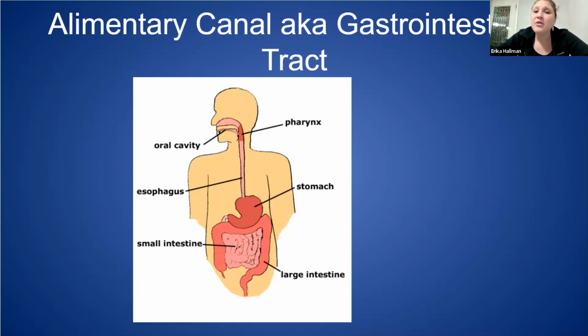So if we look at this alimentary canal, we also call it the gastrointestinal tract. We can break that word down. Gastro means stomach, intestinal means intestine, tract means tube. If we start at the top and we work our way down, it's going to start with our oral cavity. So it's essentially going to be our mouth, our tongue, leading to the back part of our throat. In anatomy, the word pharynx is our throat. The pharynx is going to lead to the esophagus. The esophagus leads to the stomach. Stomach goes to the small intestine, and the small intestine leads to the large intestine, and eventually out through the